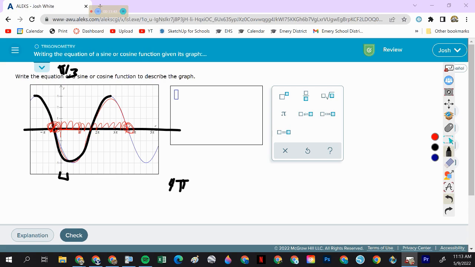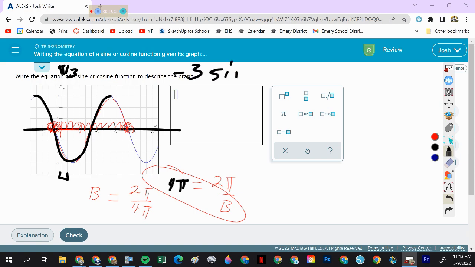So the period is 4 pi. I stick that in the period formula, 2 pi over b. Swap the b and the 4 pi. b equals 2 pi over 4 pi. So b is 1/2. Okay, so my graph is